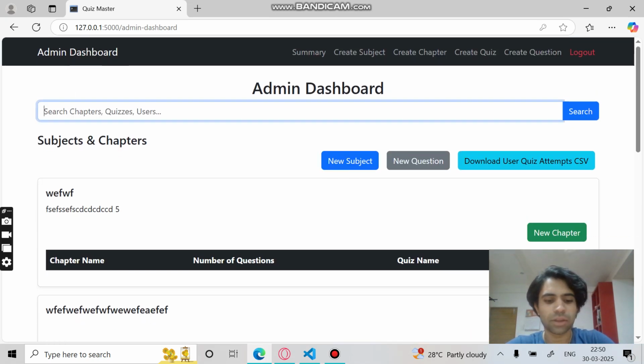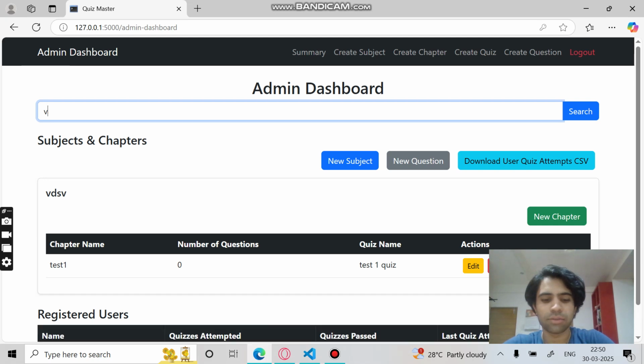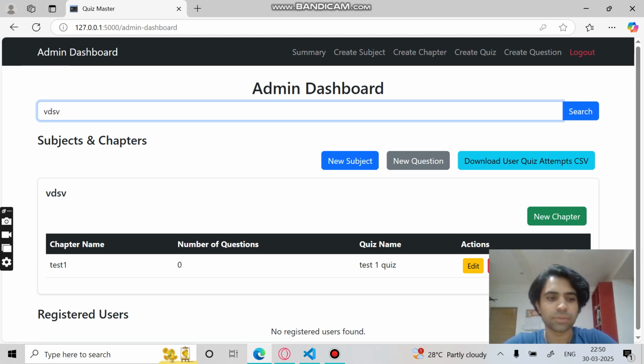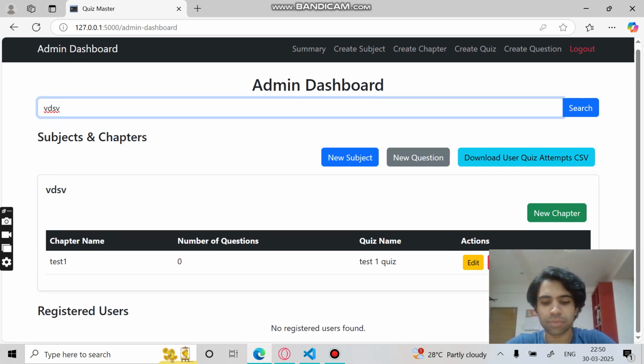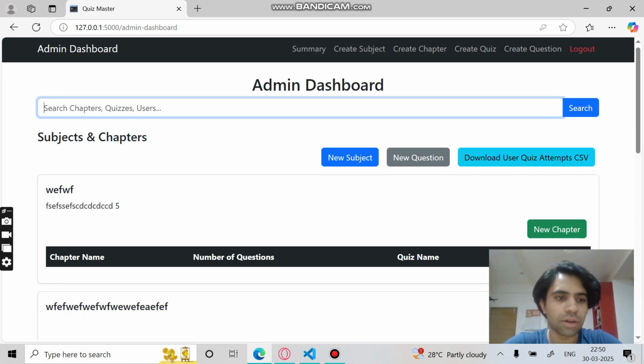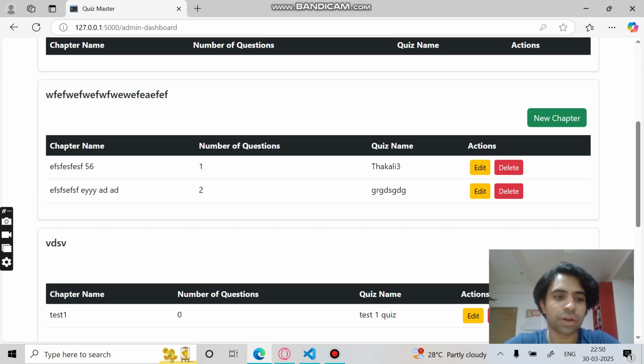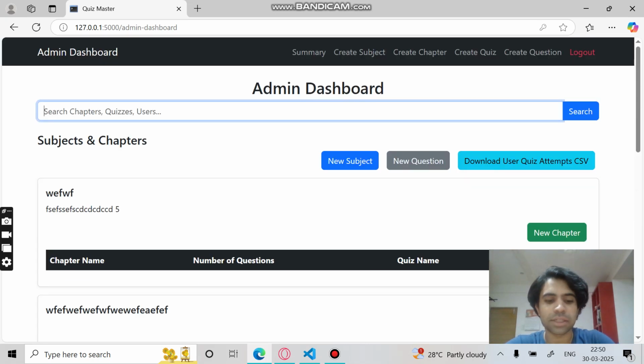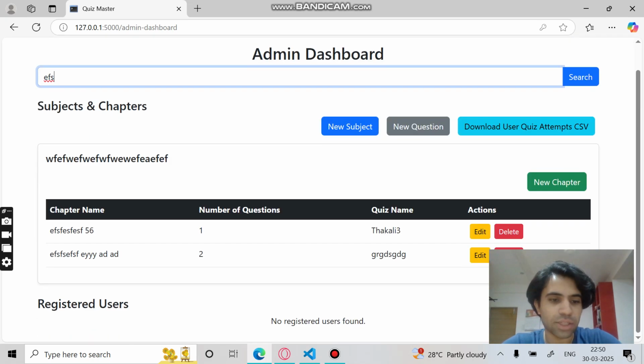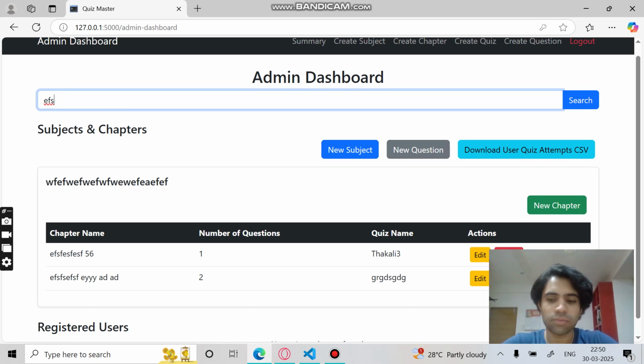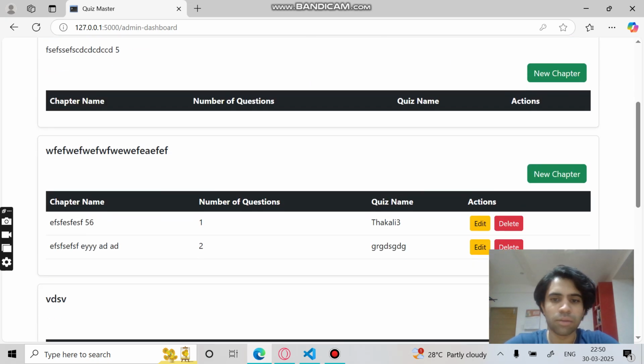VDSV. As you can see, it comes up right here. If I were also to look for a chapter, for example, these two begin with EFS, as you can see, it pulls up. Moving forward,